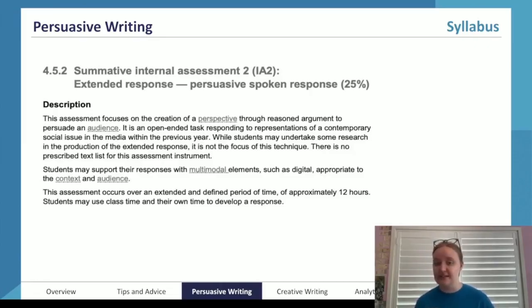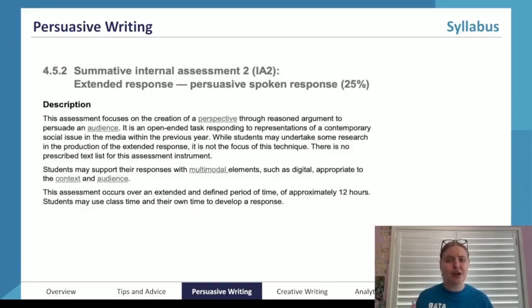It is an open-ended task responding to representations of a contemporary social issue in the media within the previous year. While students may undertake some research in the production of this extended response, it is not the focus of this technique. There is no prescribed text list for this assessment instrument. Students may support their responses with multimodal elements, such as digital, appropriate to the context and audience. Very good. So pretty straightforward.